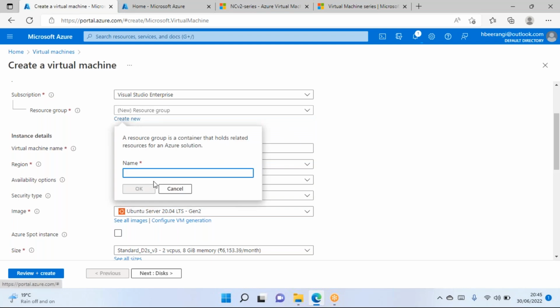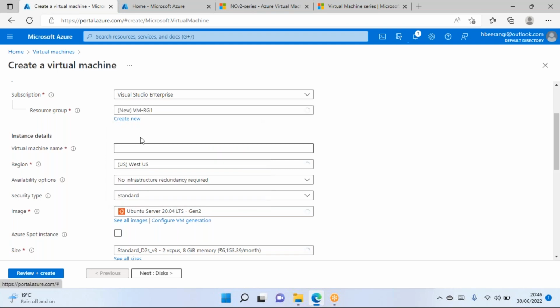So create new, and here I am choosing a resource group name, like a new one. So let's say VM-resource-group. I'm just giving this one as RG1. You can give any name for your lab,